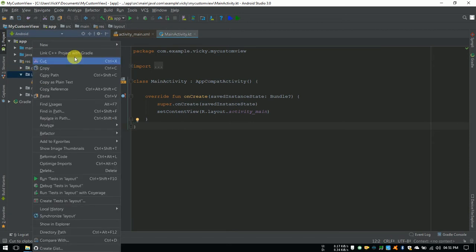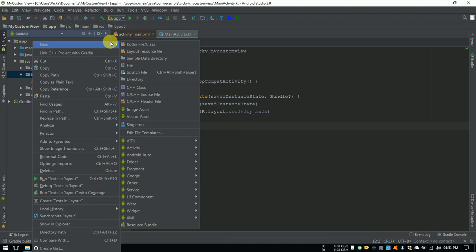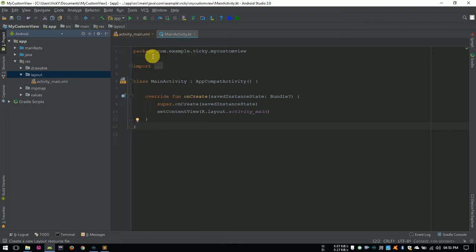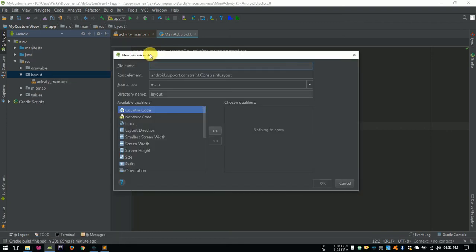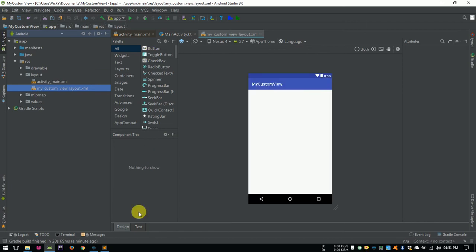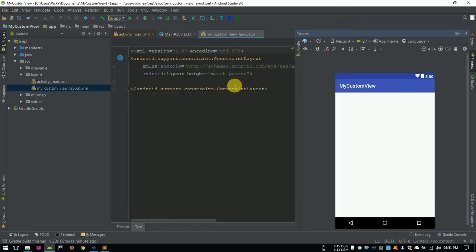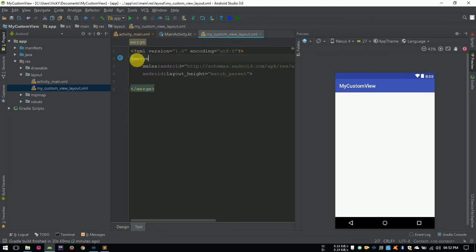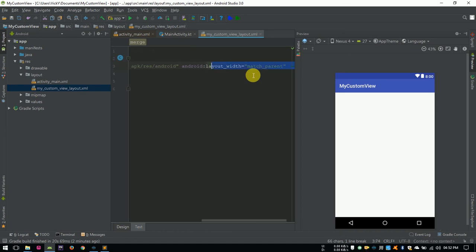Right click on the layout folder, New, Layout Resource File. I am giving the file name as my_custom_view_layout. Click on Next. Click on Text. Change the root layout to merge and remove the width and height attributes. Using the merge tag for the custom view might improve performance.